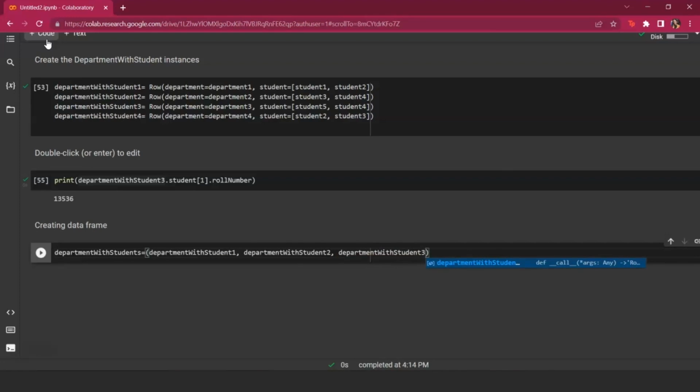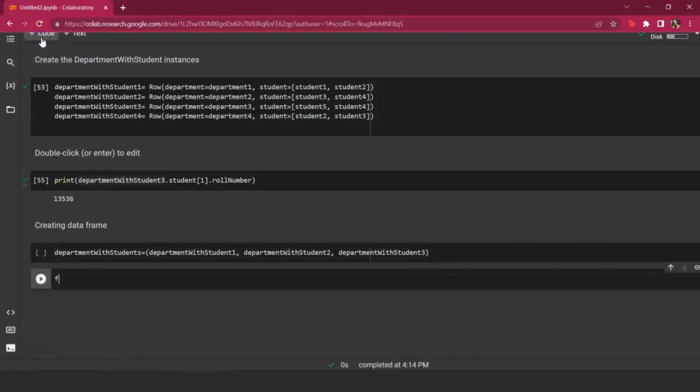Here department 1 consists of student 1, department 2 consists of student 3 and 4, and department 3 consists of student 4 and 5. Then we need to create Spark context using from Pyspark.context. We should go on code first. After selecting the code, we need to create Spark context using from Pyspark.context import SparkContext,